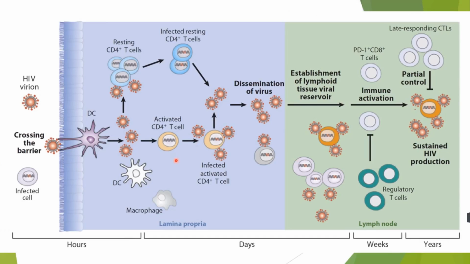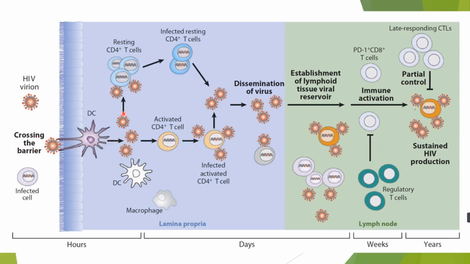In terms of the disease progression, in this table here, we have hours, followed by days, weeks, and years. So the initial infection will occur. Usually it's a dendritic cell. Why? Because they're almost always going to be associated with the epithelial cells, and so they have the receptors for the HIV virus. So the HIV virus will go in, cross the barrier, and get into the connective tissue